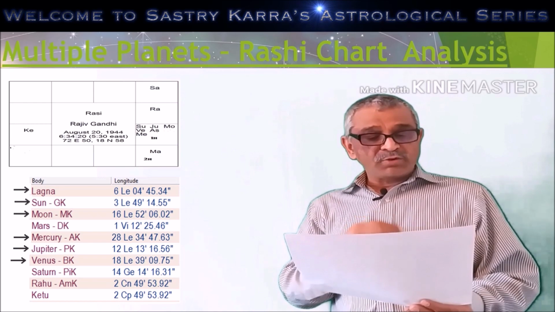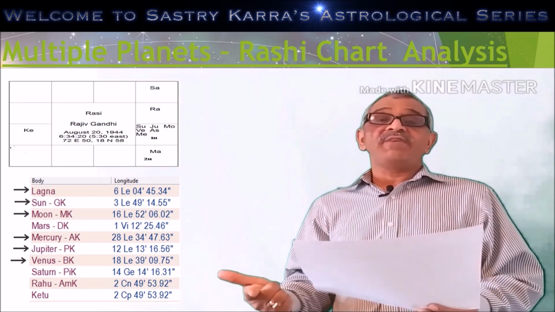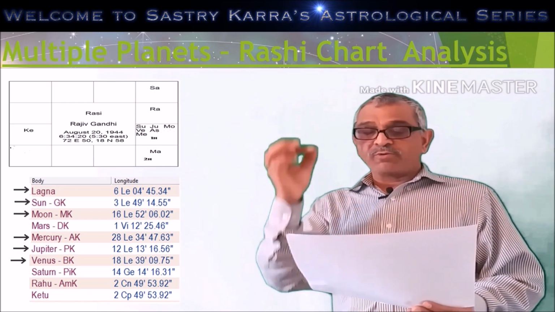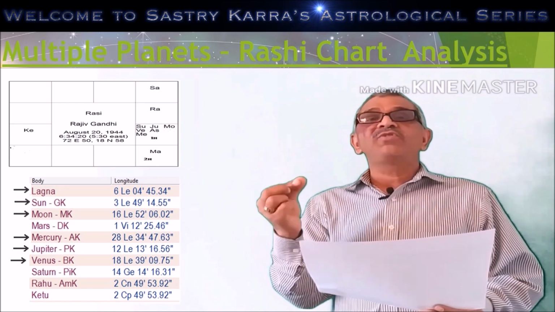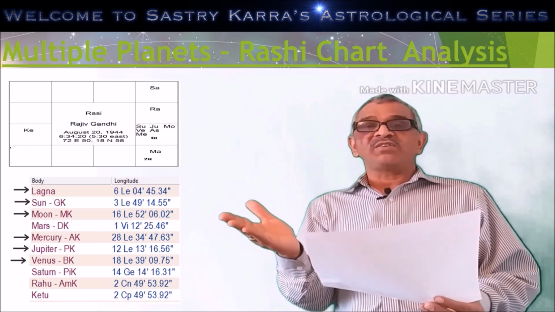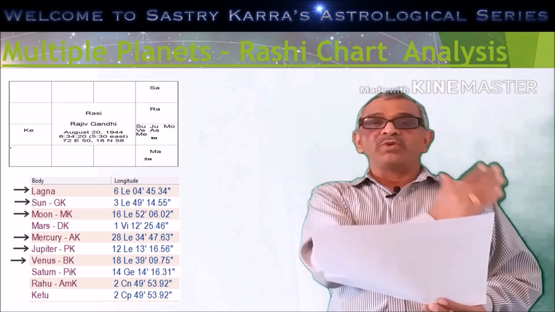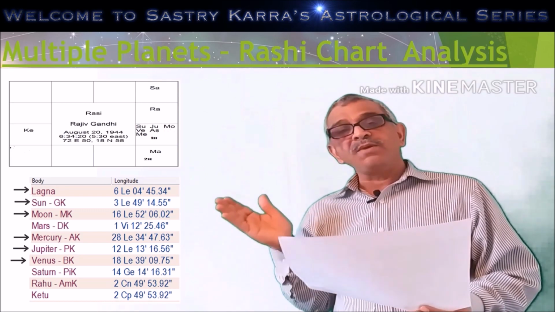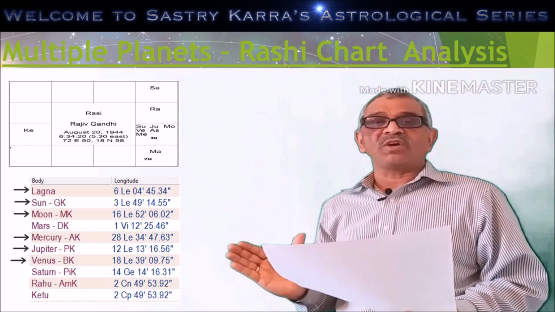One more thing you have to look at is the last planet, Mercury. Mercury is the 2nd house lord and the 11th house lord. Mercury is at 28 degrees, at the edge of it. That means it is also in a Rashi Sandhi. Because it is at the 28th degree, it is very close to the 2nd house. Sun is at 3 degrees, which means it is very close to the 12th house. It is wobbling between the 12th house and the 1st house.